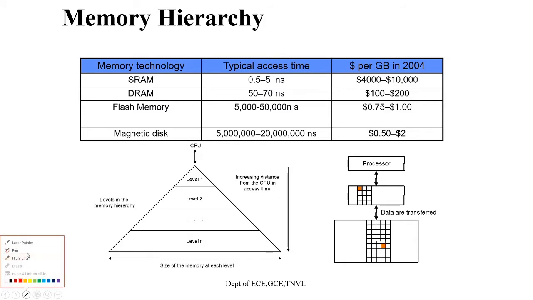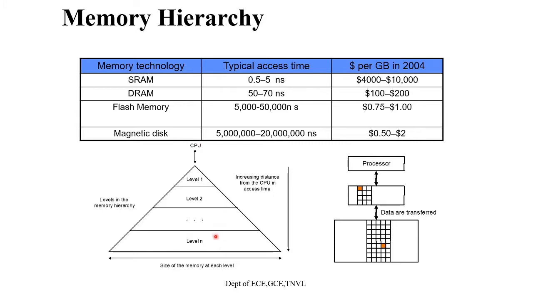So if you see here, in the last lecture we saw what all the levels in the memory hierarchy are. This is level 1, level 2, and likewise it goes on. This is the upper level and these are all the lower levels. If we find any information in level 1, we call that information a block. The access time for this information to be fetched from level 1 by the processor is very low compared to the access time when it is fetched from the lower levels.